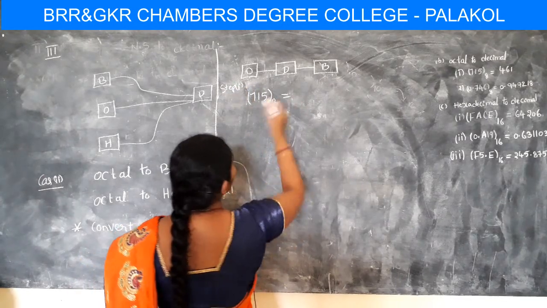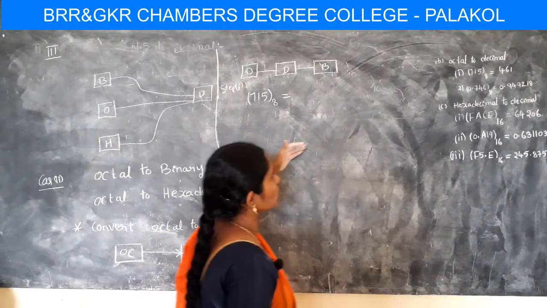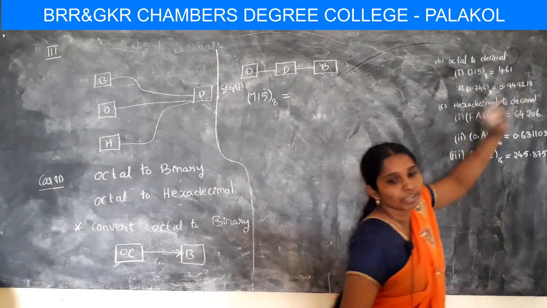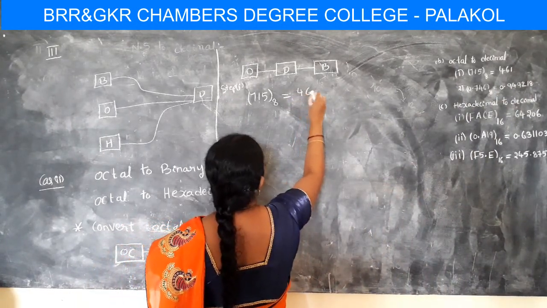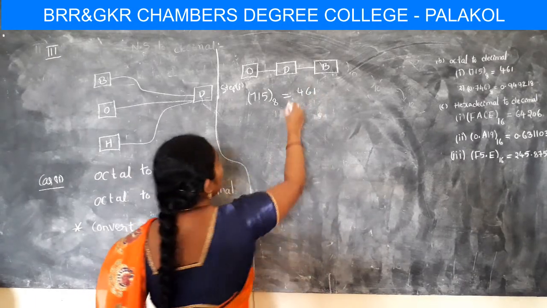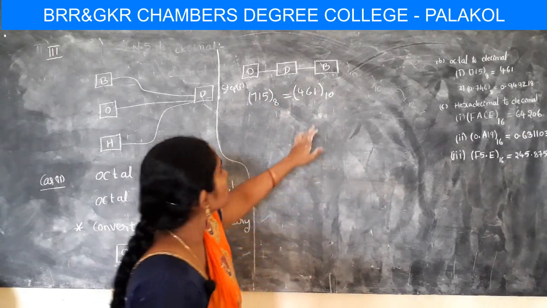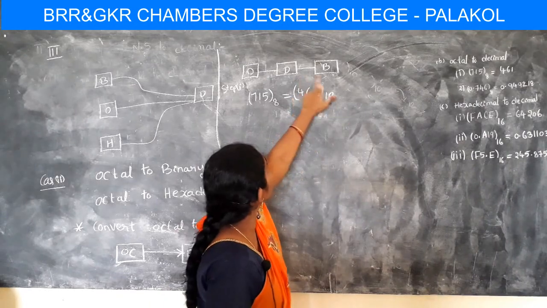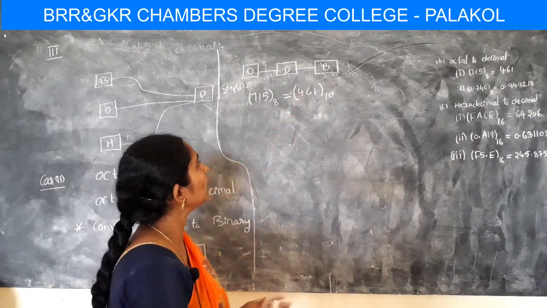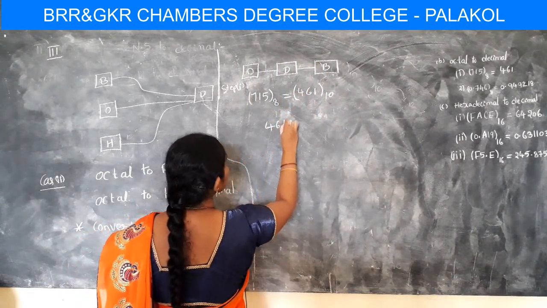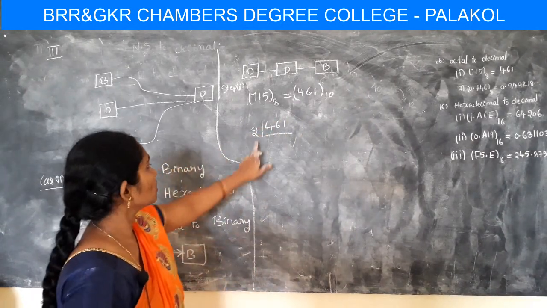Okay. So what is the process in the last problem? I did this procedure, so the answer is 461. So this is the corresponding decimal number. So this decimal number is converted into a binary. So how to convert the given decimal number to binary? This 461 is a decimal number, so we will divide it by 2.